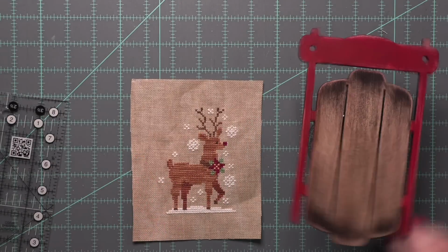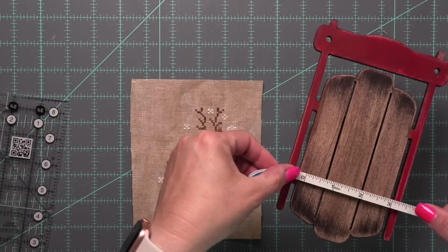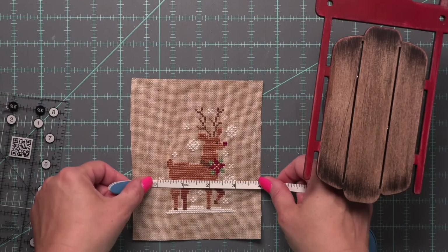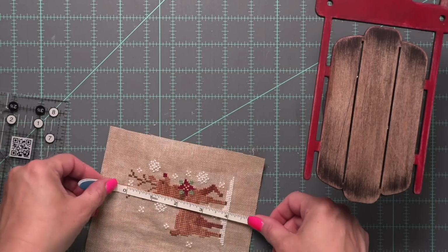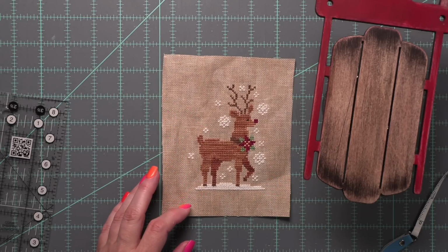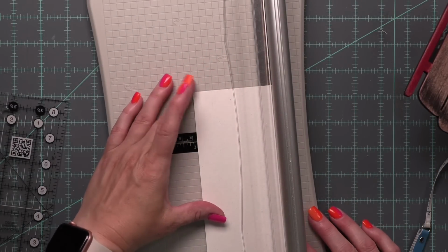And then we are going to take some press-on board, and I have some scraps of press-on board, and I'm going to measure. The area we have is about 4 3/4, I think. And I want to measure my stitch, which is about 3. I think the board is about 3 1/8 or 3 1/4. And I am going to trim a piece of press-on board. Now I'm going to leave it longer,